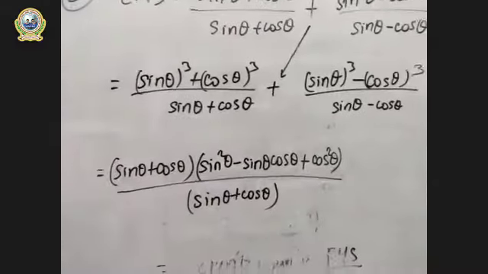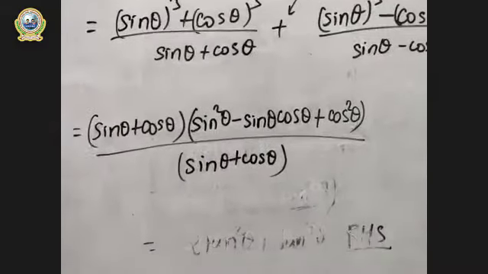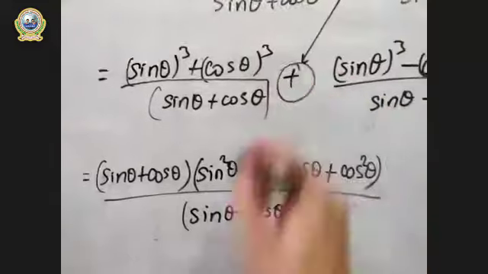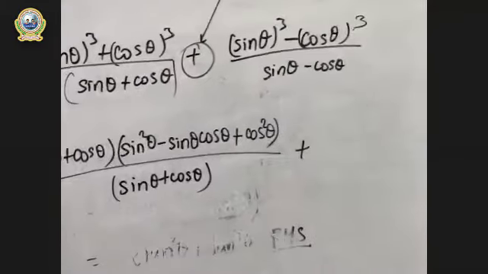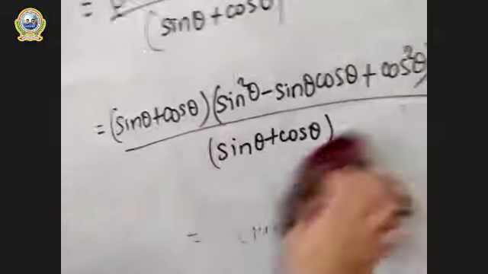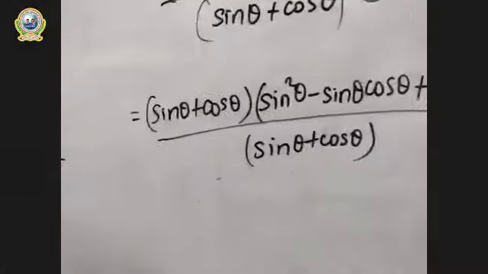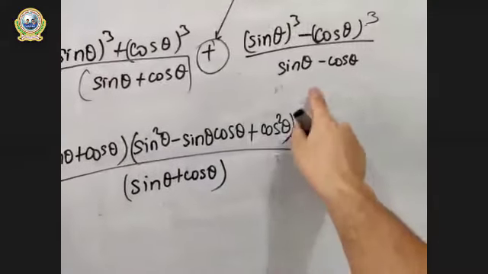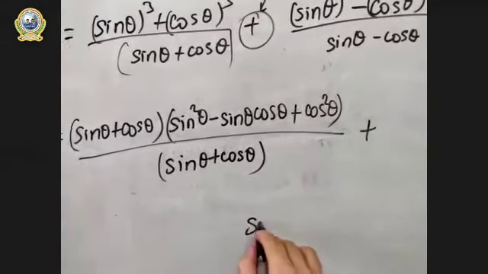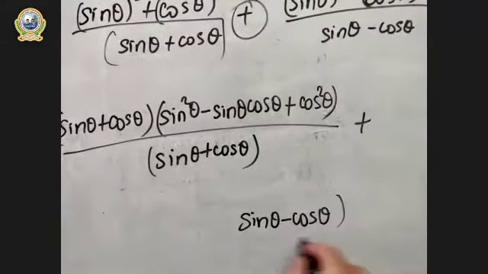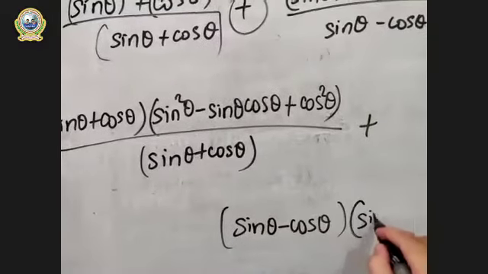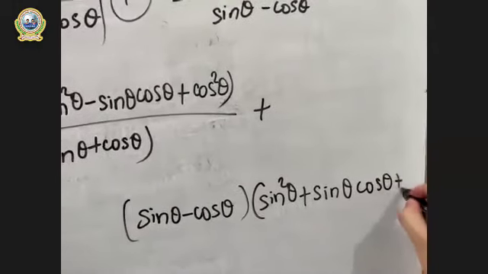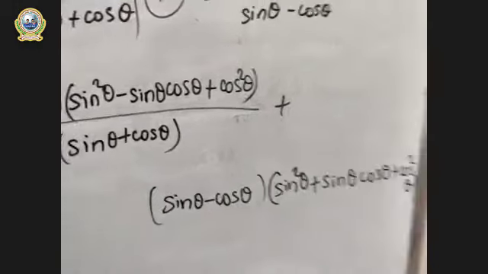This is clear, right? A plus b, a square minus ab plus b square, and the denominator part is copied as it is, right? And the plus in the middle is written over here. And I don't have space in the right part, so let me write the remaining part down below this expression, okay? So the remaining part will now be, let us expand this part. This will be a minus b, and a square plus ab plus b square. Okay?